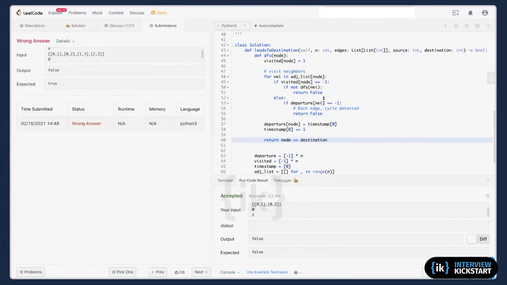We have 4 nodes: 0, 1, 0 to 1, 0 to 2, 1 to 3, 2 to 3. Oh, how come I return false? 0 to 1, 1 to 3, 0 to 2, 2 to 3. Oh, I see the reason. The reason is that the 3 is already visited, so